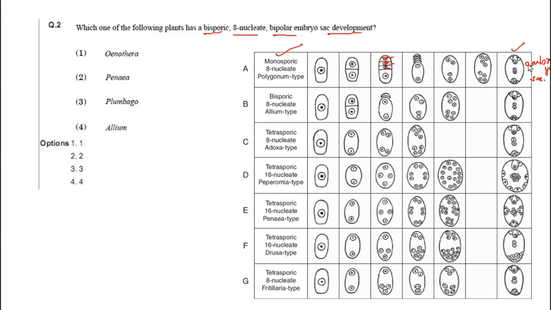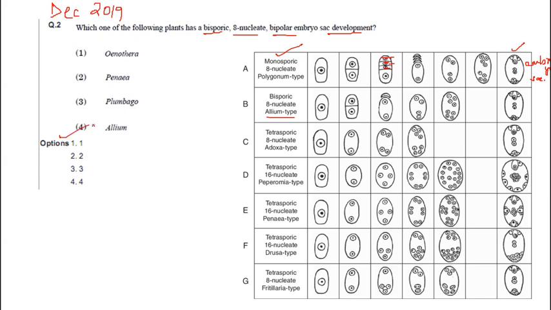celled embryo sac. But in the bisporic condition, which is the allium type, here 2 degenerate. Look here, in the allium type you can see that 2 functional megaspores are playing the role. So bisporic is where a functional embryo sac has been developed from 2 megaspores. Remember this question came in December 2019. So what will be the answer here? Bisporic is the allium one. So 4 is the answer.